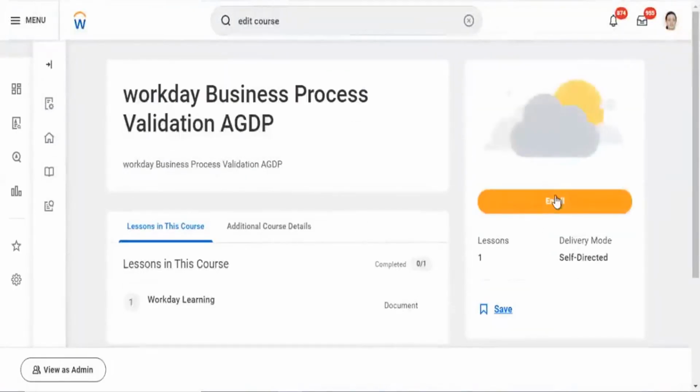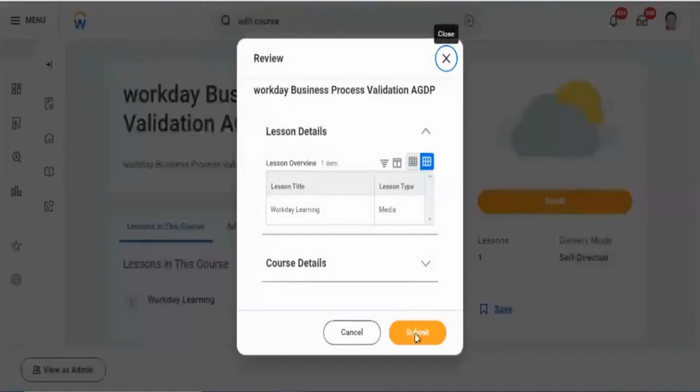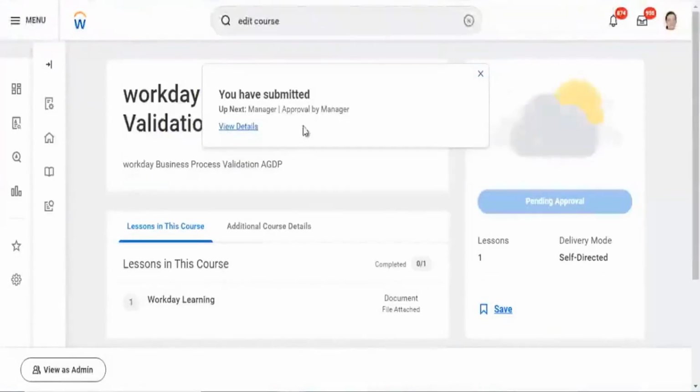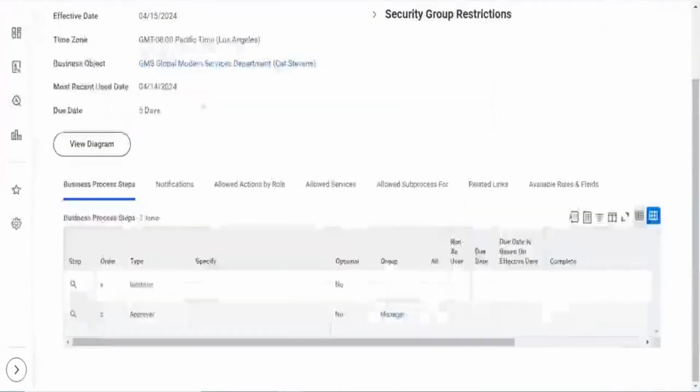If I try to enroll in this one, this will go for an approval action. We submit this one. You can see this has gone for an approval, because in the enrollment business process, we added approval for manager.